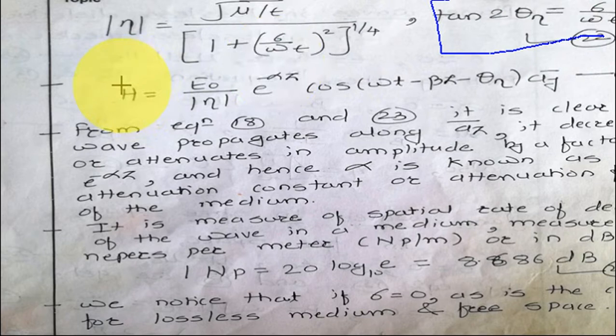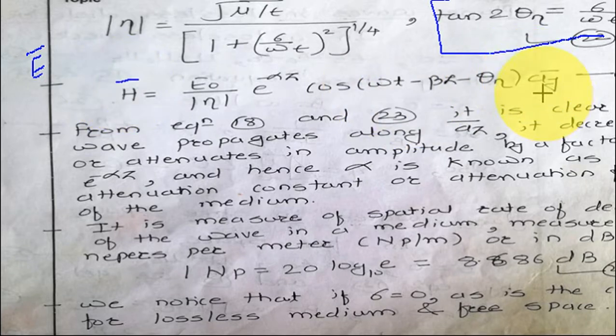So let's write the expression for h bar once again. The h bar expression we can write as E0 upon eta e raised to minus alpha z cos of (omega t minus beta z minus theta eta). Why is this phase difference of theta eta coming? Because of this H bar. Always remember one thing, E bar and H bar have a certain phase shift. If they don't have a phase shift, if E bar and H bar follow hand in hand, wave propagation is not possible. There must be a certain phase difference between E bar and H bar, which is represented by theta eta. So the H bar direction will be AY bar.